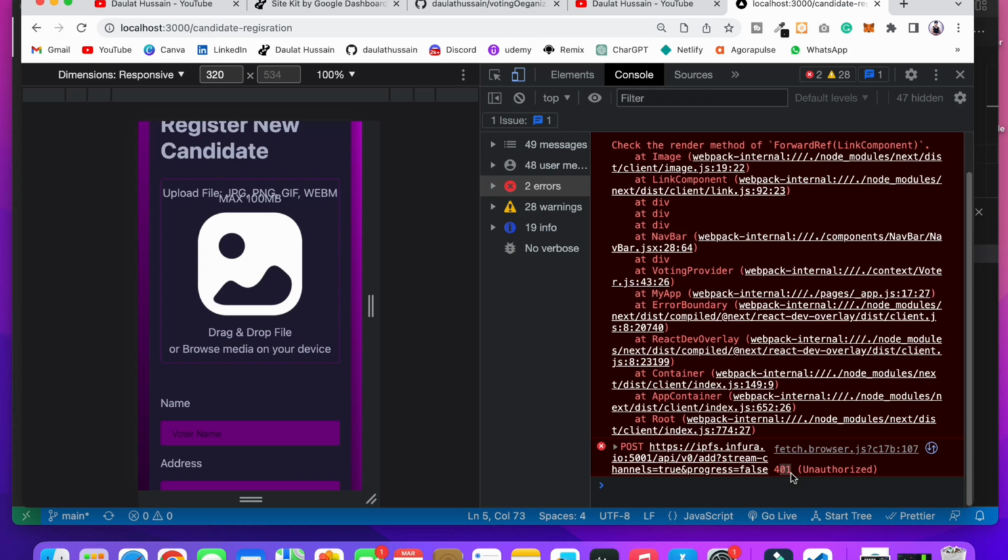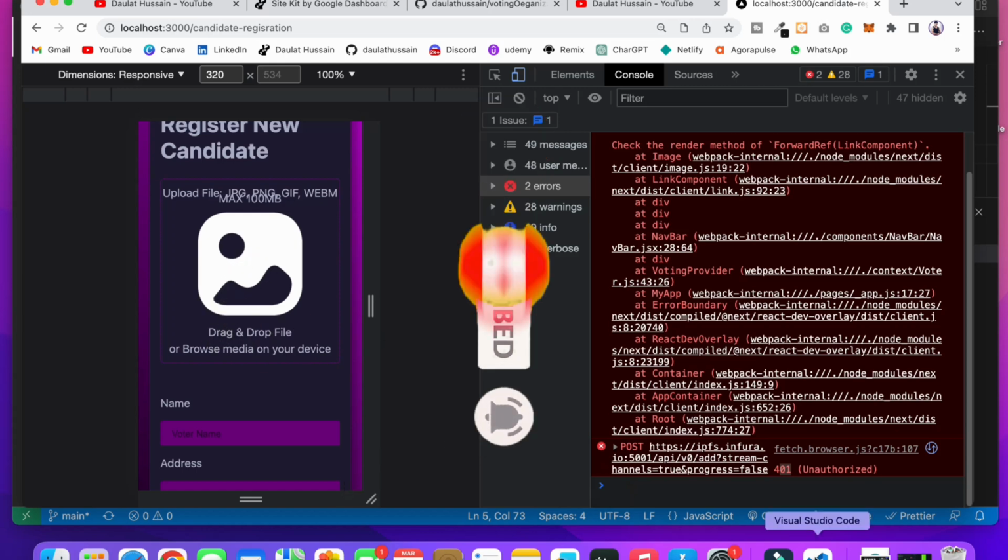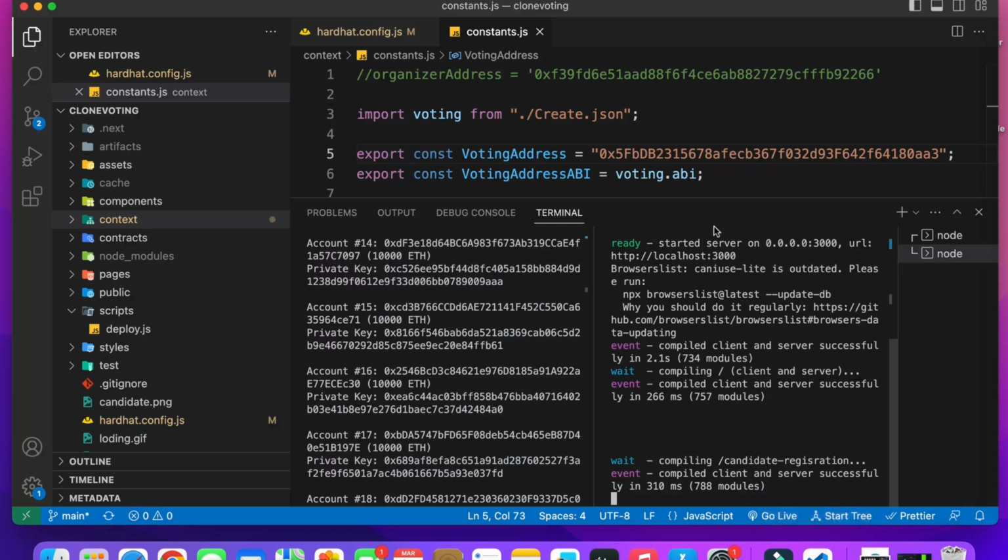the global endpoint for uploading the NFTs, uploading the images to the IPFS, but now you have to create your own credential to use Infura in your project, and because of this most of you are getting an error. So that's the problem we are having. You can see that we are getting an unauthorized error message, and we can't upload the image to the IPFS. So now what I have to do is come back to the terminal, and here we have